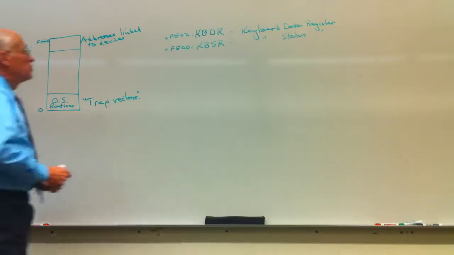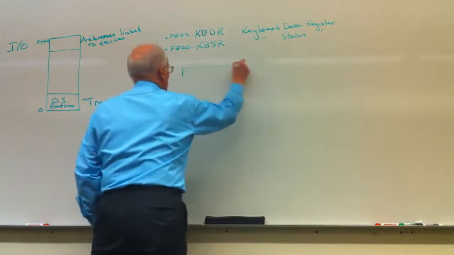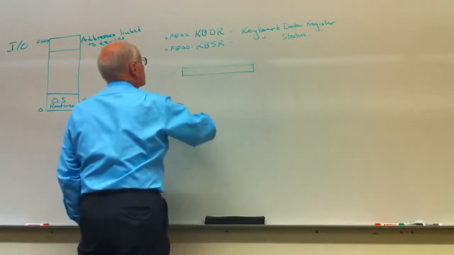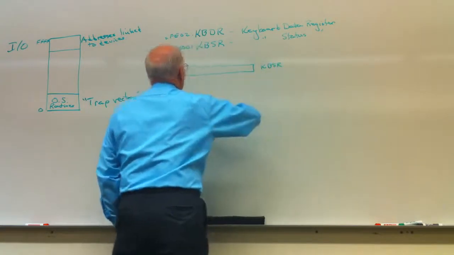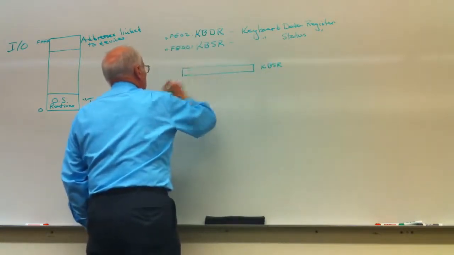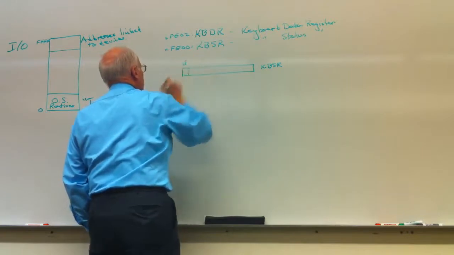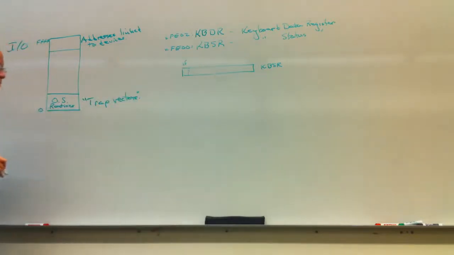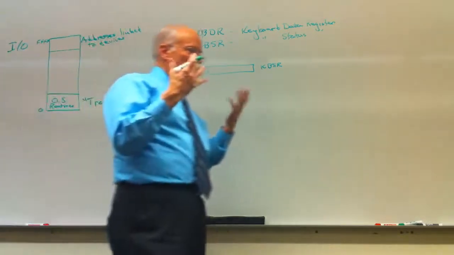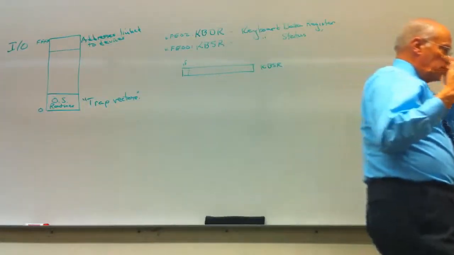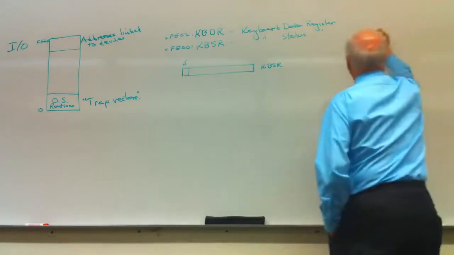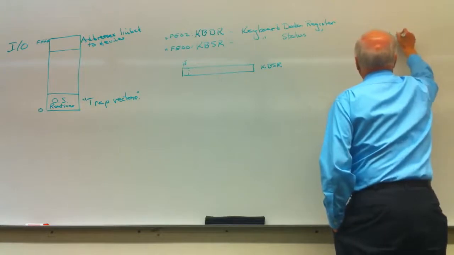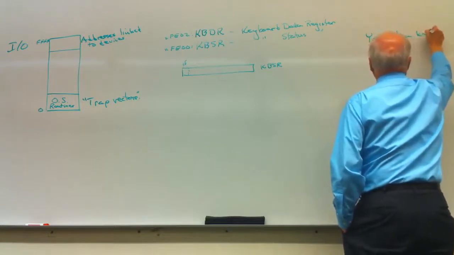Here's the way it works. The status register, the most significant bit out here, bit 15, tells you what's going on out there at the terminal. Here's the sequence of events. You hit a key,